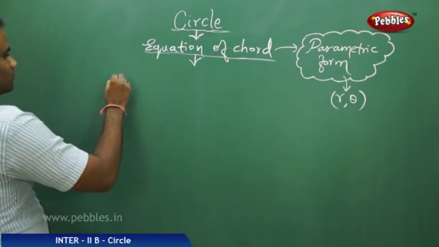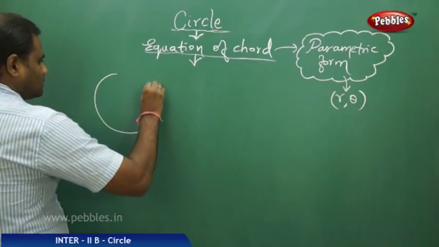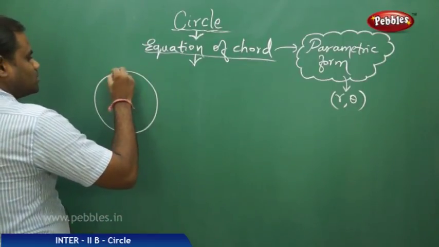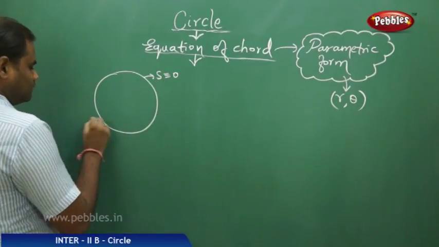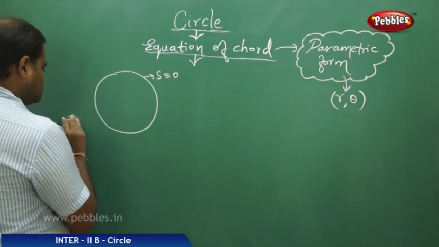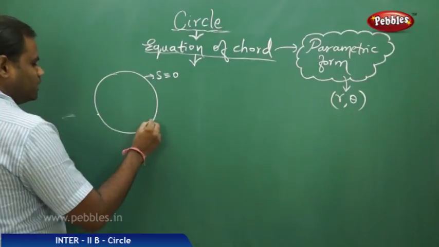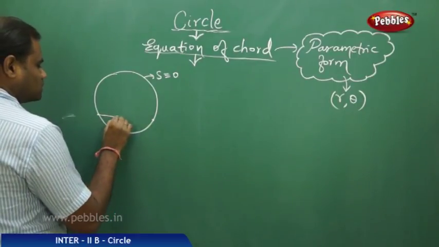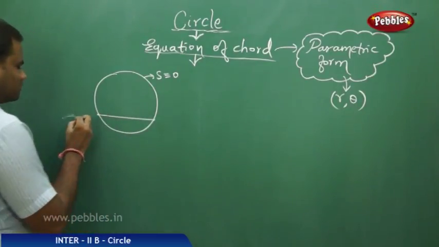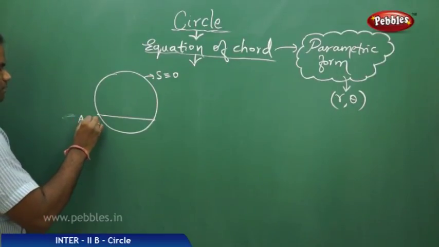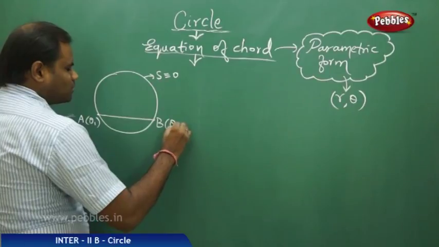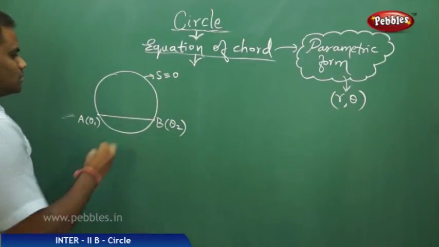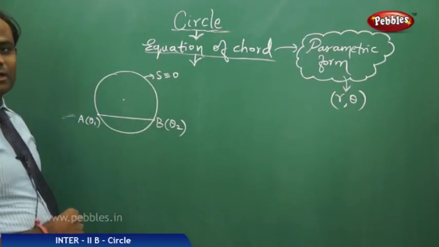So therefore, for the circle S equal to 0, if I have 2 points where a chord is formed, where this is A for θ1 and B which corresponds to the angle θ2 for the circle with radius r,